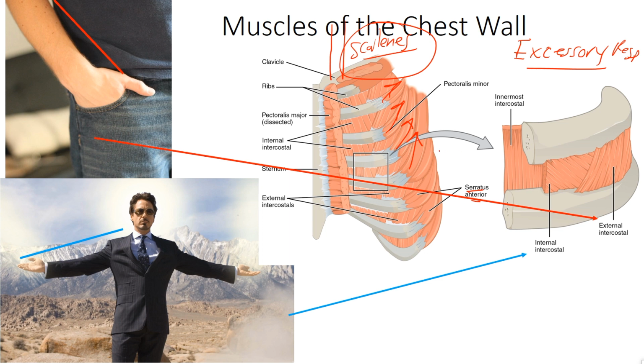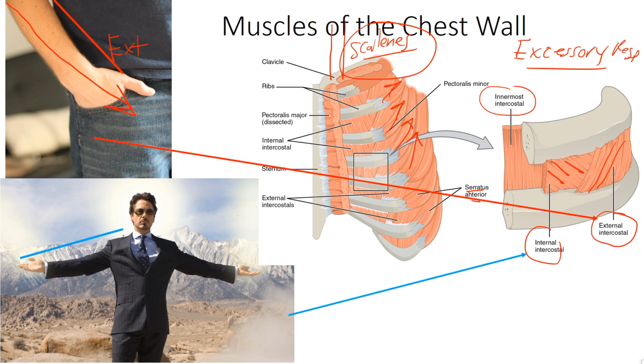Now, what this diagram shows is pretty much to pick apart and look at the three layers of our intercostals: the internal, external, and then the innermost intercostals only in certain areas. But our internal and external have a defining feature that separates them. You can see the direction of the fibers going down and out for your internal, and then the ones that are coming in and down as well, and those are your external. And so from out to in, going inward and down, that's your external,